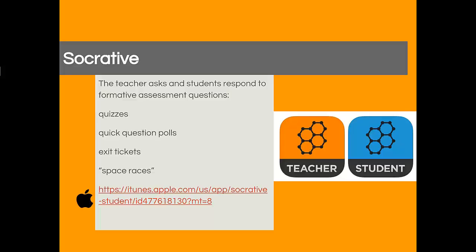Students join by opening the app. They open up the student app, and then they enter your, air quotes, room with the room name that you give them. And so that's one way that you have to do it. And you can see with Socrative what students are doing because they submit the work as they go. And so it's really cool that you can see them doing the work.